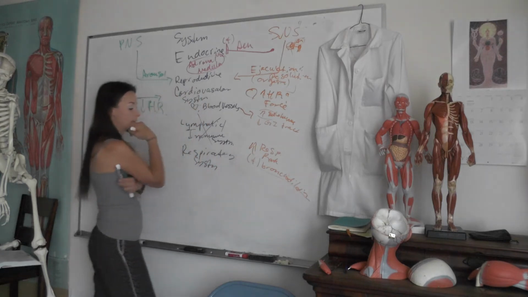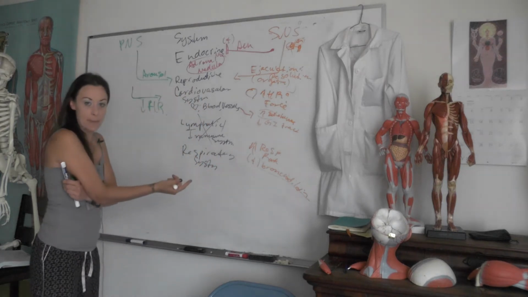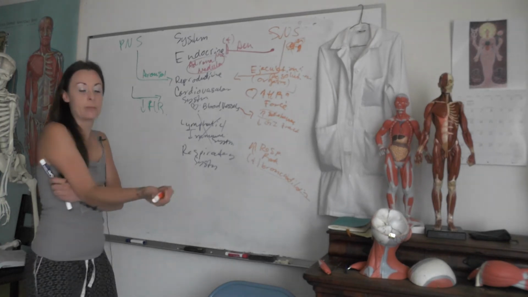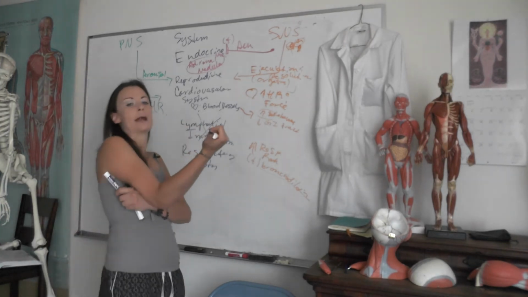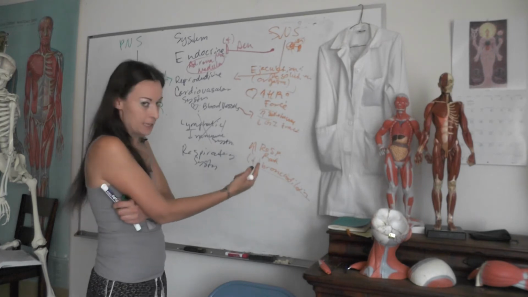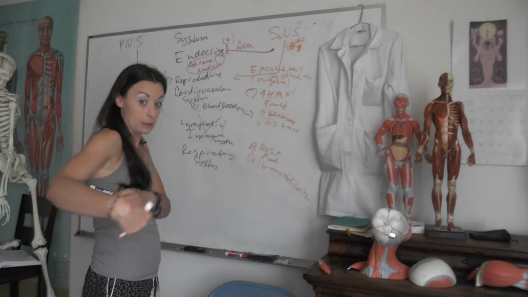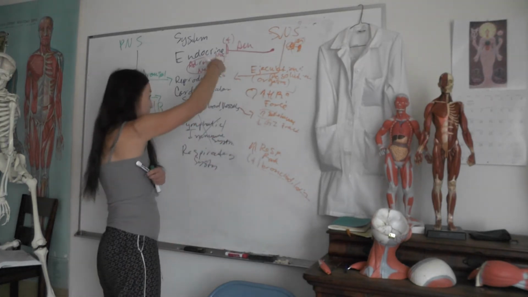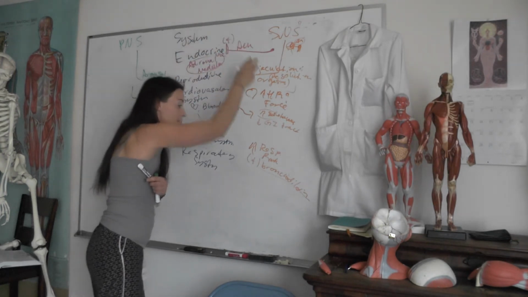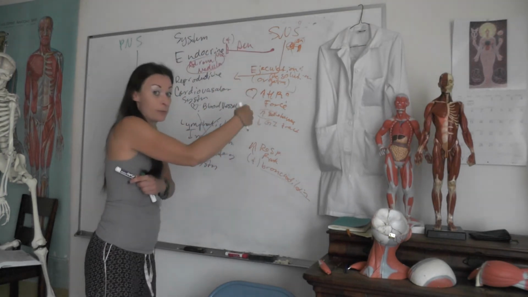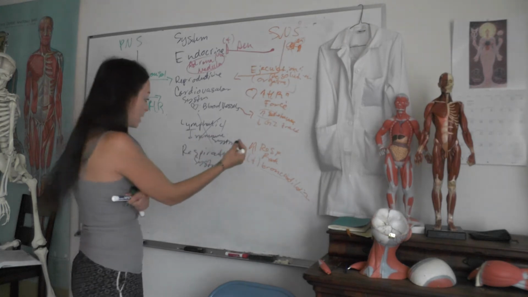And the example I gave you to help you remember this is what an epi shot is doing. If you've ever heard, oh, my brother has a peanut allergy, so he's got to carry an EpiPen. An EpiPen is epinephrine. Epinephrine is the adrenaline that comes from your adrenal medulla. But your sympathetic nervous system is releasing norepinephrine, binding adrenergic receptors, doing all the same things.